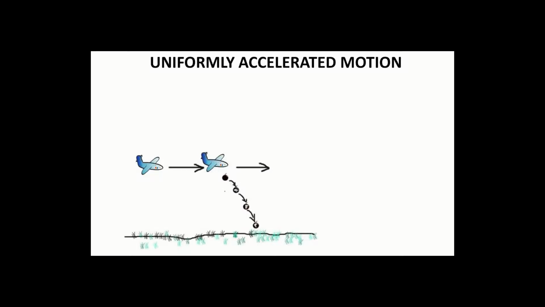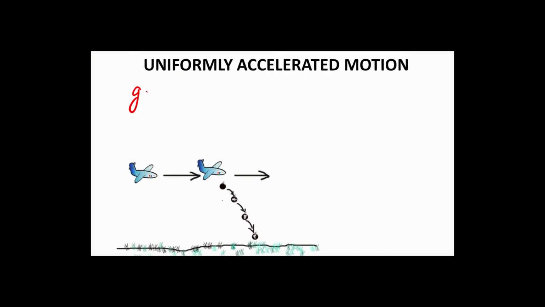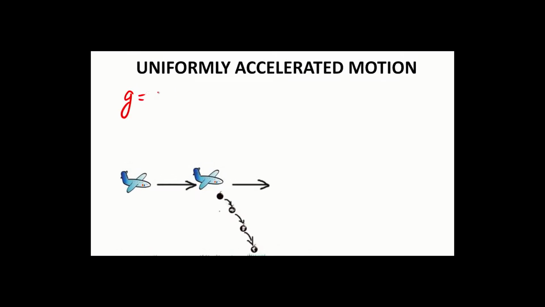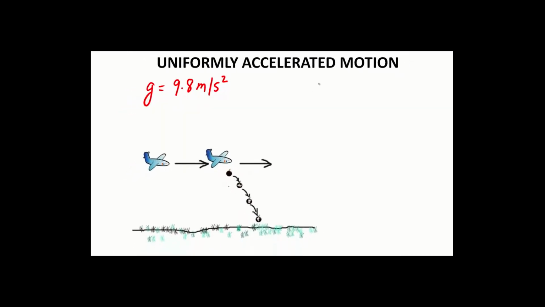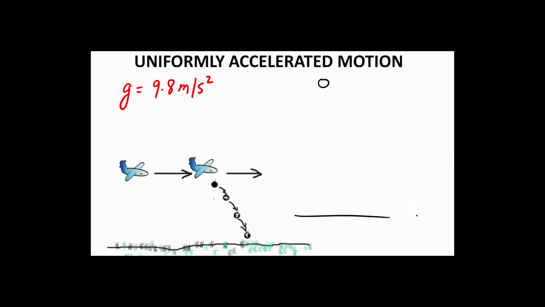The second thing he told us was that acceleration is constant. Near the surface of the earth, you can take this acceleration to be constant, and he not only told us that, he actually gave us the value of that acceleration. He told us that acceleration due to gravity, which we'll symbolize as a special symbol g, is 9.8 meters per second squared. And what does that mean? If you drop a ball from some height h to the ground,